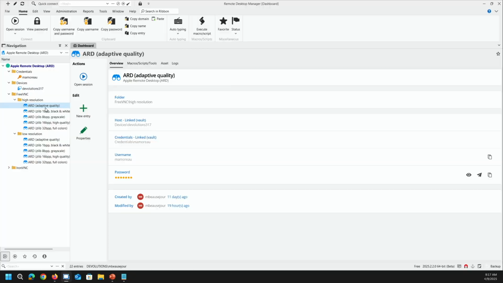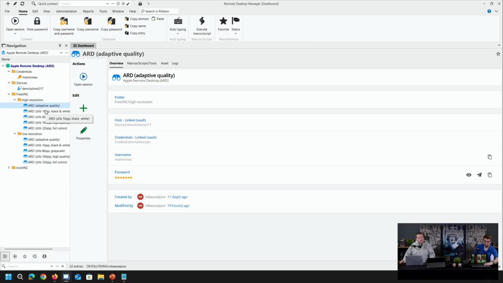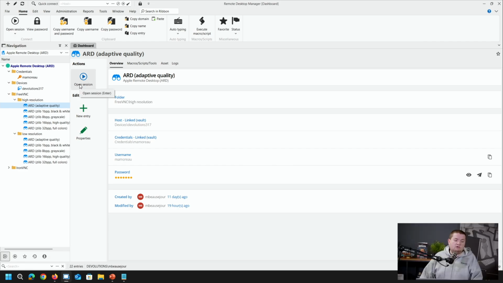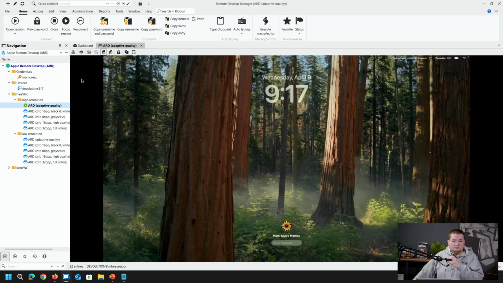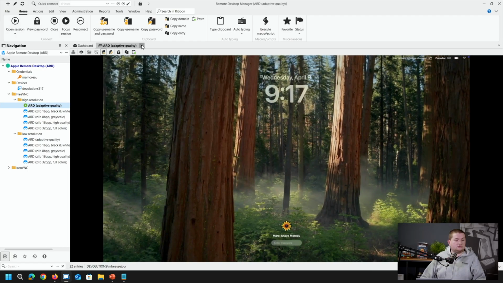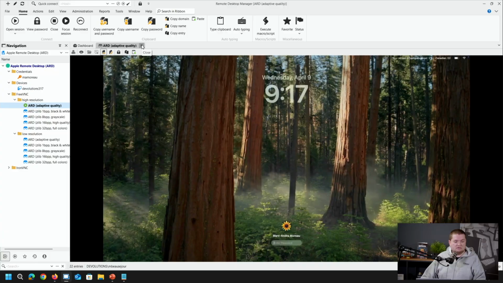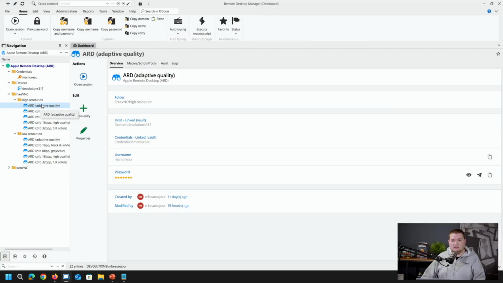And now let's have a look at this directly in Remote Desktop Manager. So what we've done today, with all you've discussed, Mark, we'll see that in different entries with different settings. So on our screen here, you'll see Remote Desktop Manager. And so we've got a category for higher resolution, one for low resolution. If we have a look at the higher resolution, but with the adaptive quality, so that's basically having all of the pixels brought over. Actually, I'll show you something even more interesting right now, which is the auto typing function